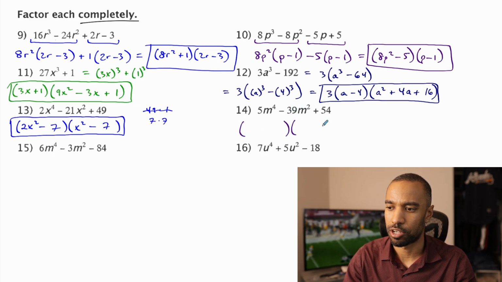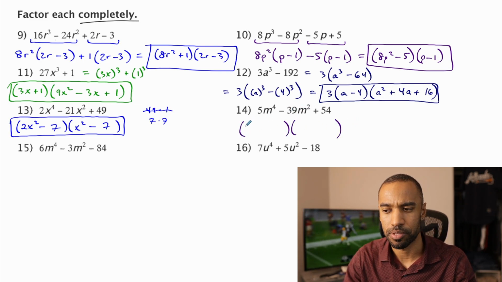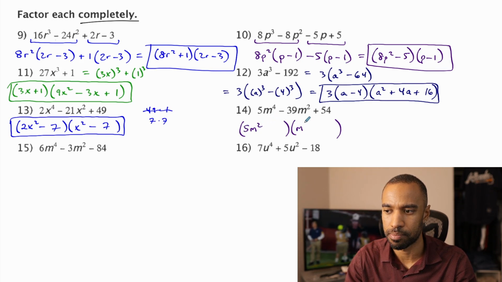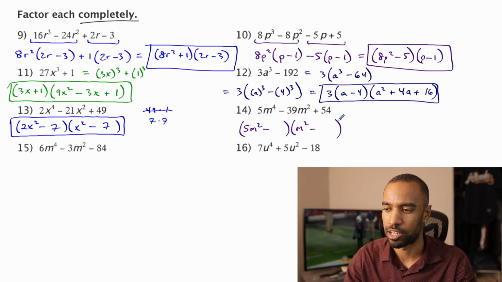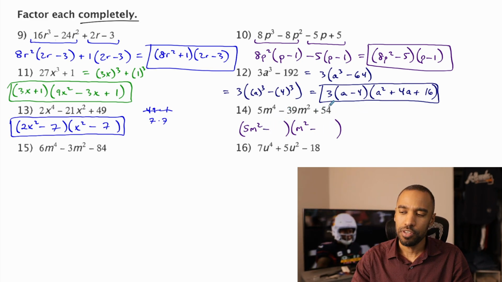Once again, if this is factorable, we're looking at some sort of m squared times m squared. In this case, because 5 is a prime number, we know it's some sort of 5m squared times m squared. We have another positive product, negative sum here, so we got another minus going. Now, 54